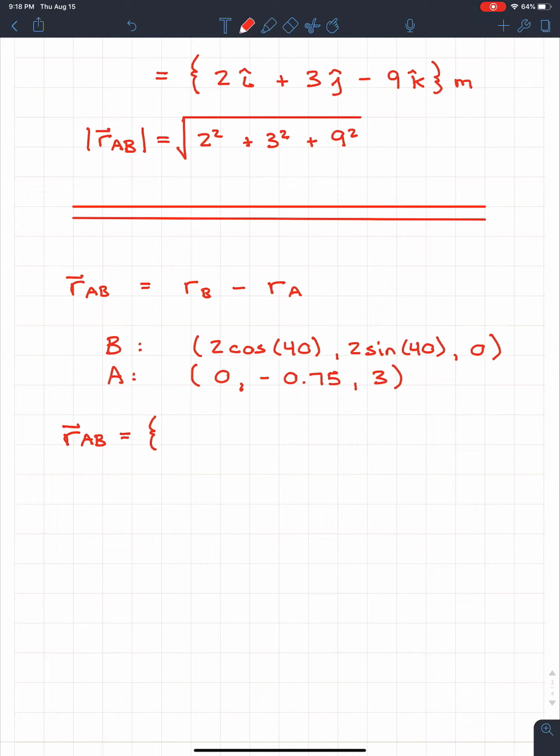So for the I direction, it's going to be 2 times cosine of 40 minus the coordinate at A, so minus 0, because the x component of A is 0, and that's the I direction. So then we're going to go plus, and then we're going to put in brackets the coordinate of B, so 2 times sine 40